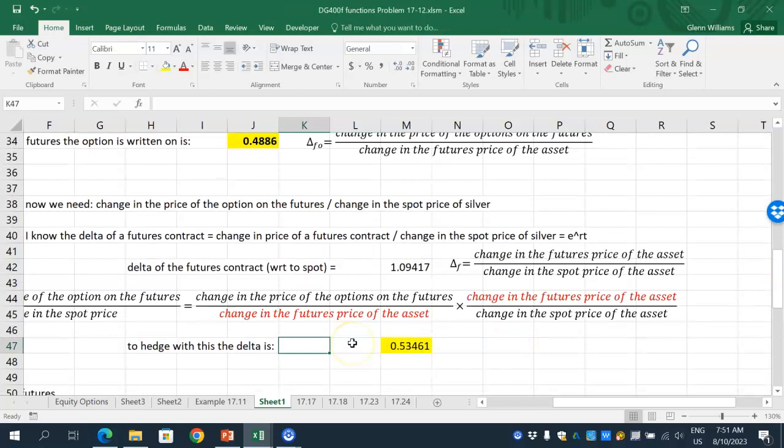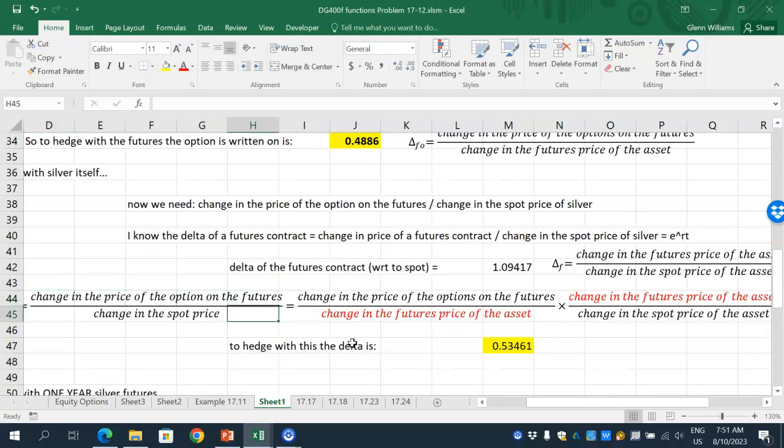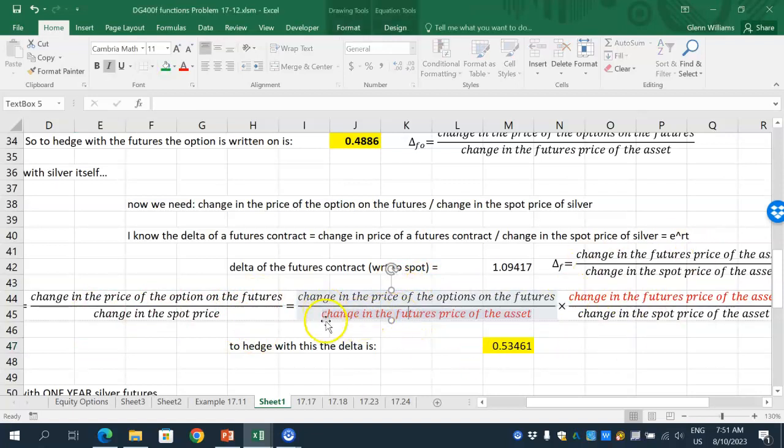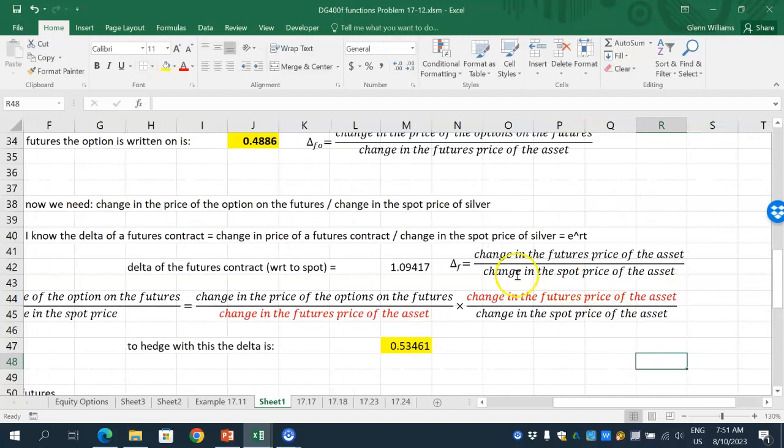Okay, and then what the question is asking me is, what is the change in the price of the option relative to the spot price? The price of the option on the future relative to the spot price. So I can just put those two together and multiply them together, and I've got the change in the futures price of the asset both in red because they'll cancel out. Right? If you multiply these two together, then they'll cancel out, and you'll be left with the change in the